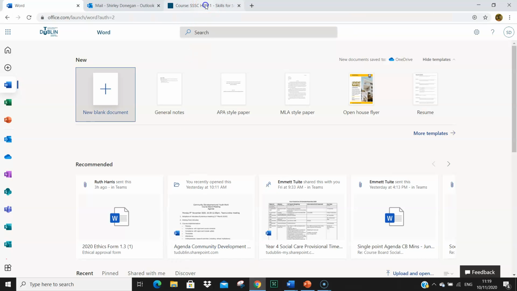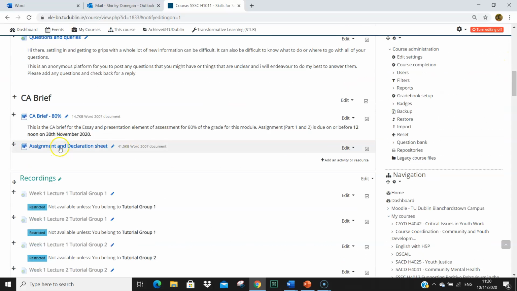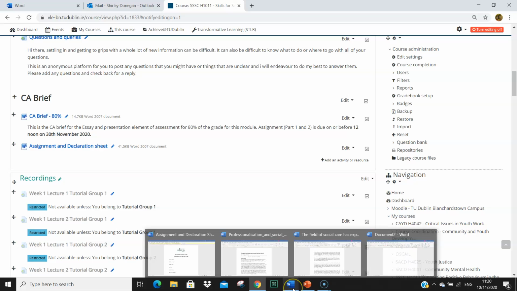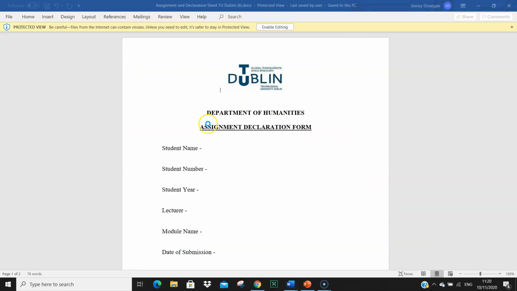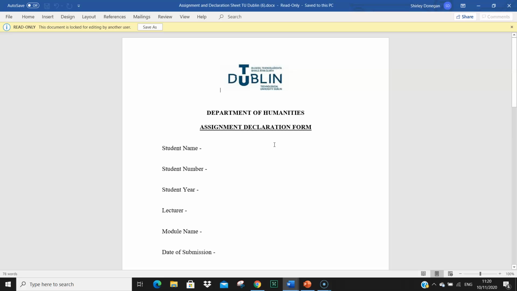So if we go to your Moodle page and you scroll down, I have put here just under the CA brief, an assignment and declaration sheet. If you open that up, it's this piece here. If you open it from Moodle and then save it to your computer as your assignment template sheet, what this means is that this is a plagiarism declaration sheet, and this should accompany all of your assignments, regardless of whether or not they're asked. It's good practice to get into the habit of using them,